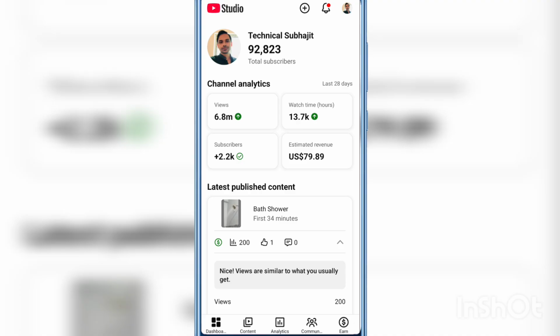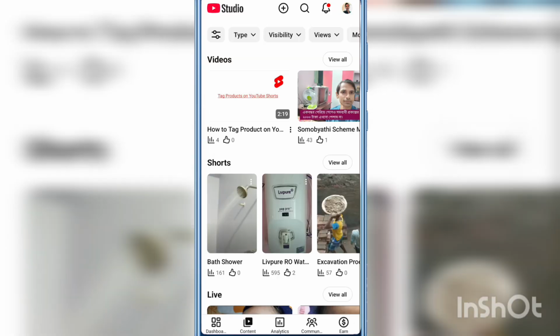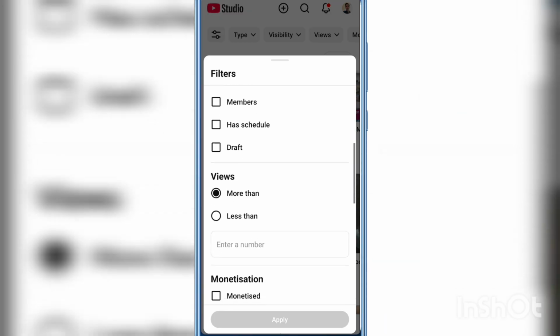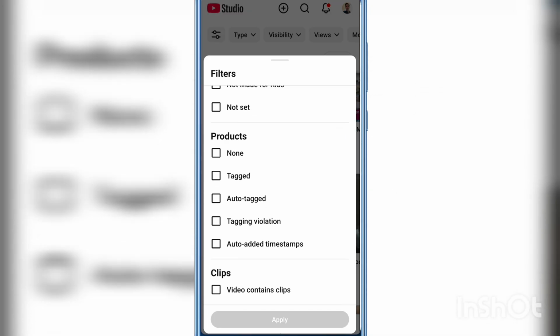So open YouTube Studio, then you have to sign in first, then go to content in the bottom section and you will see two lines here. Just tap on this, scroll down and in the product section you will see tagging violation option. Just tick on it and click apply on the bottom section,